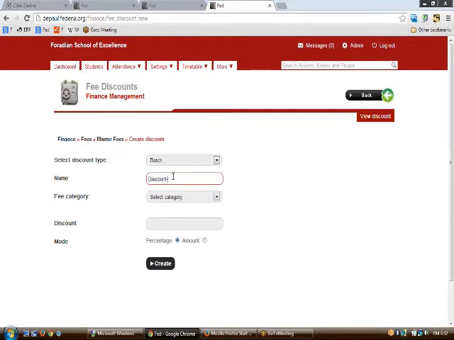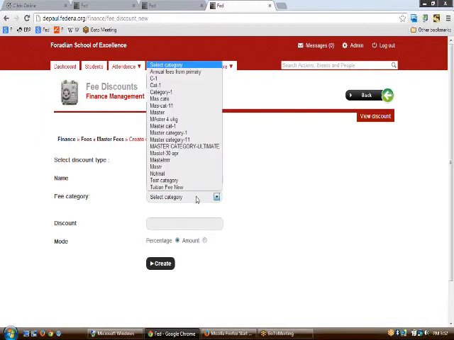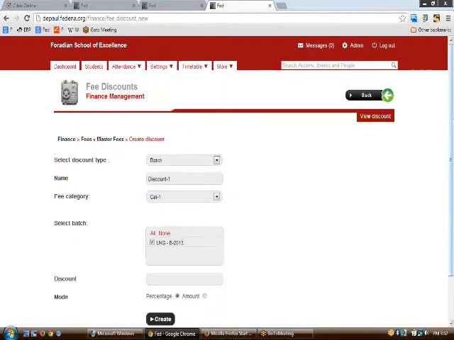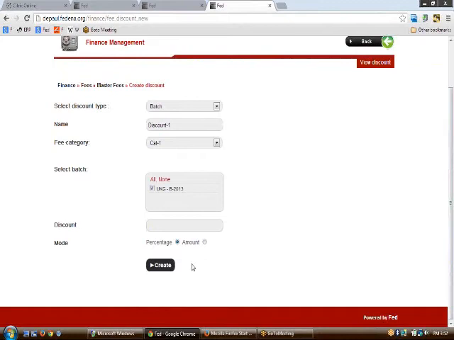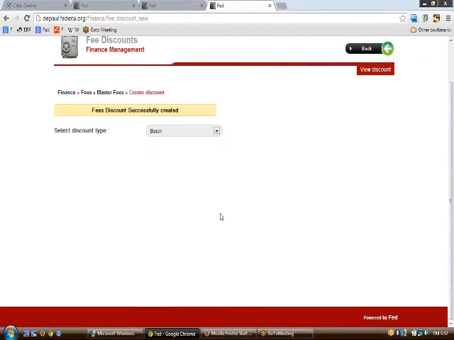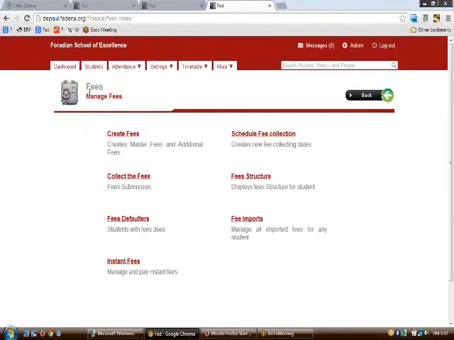Let us create a discount, let us say discount 1, for the category 1 that you have created. Put in the discount money as 50 and create. So this is the way fees, discounts and particulars are to be managed.